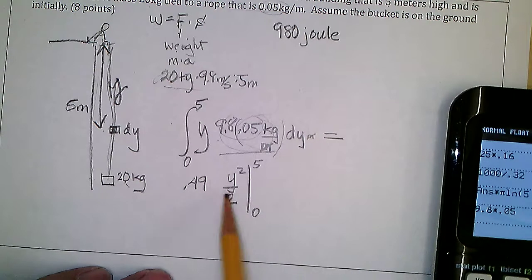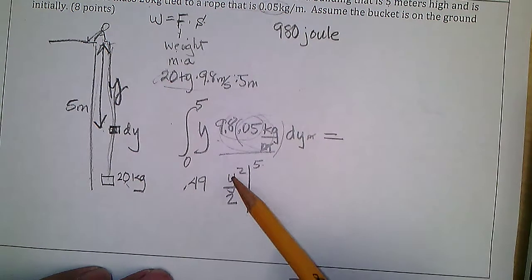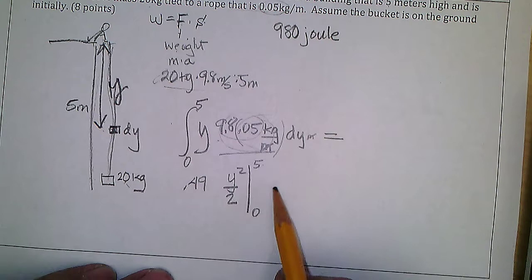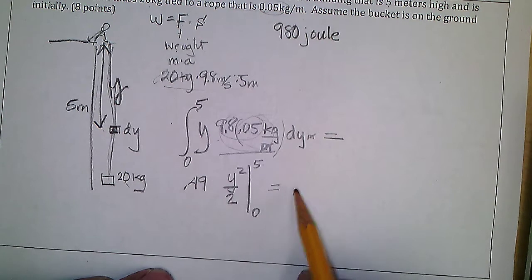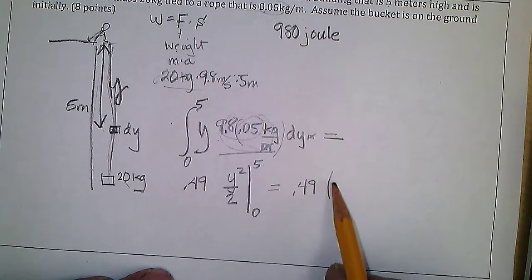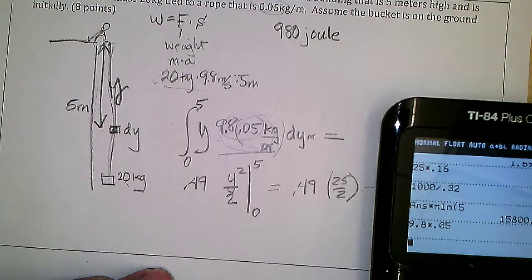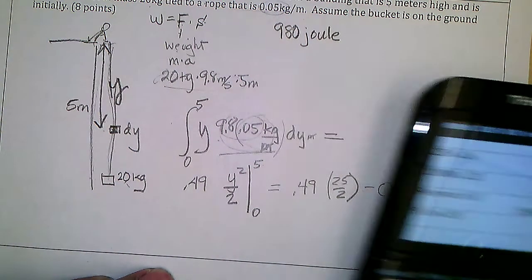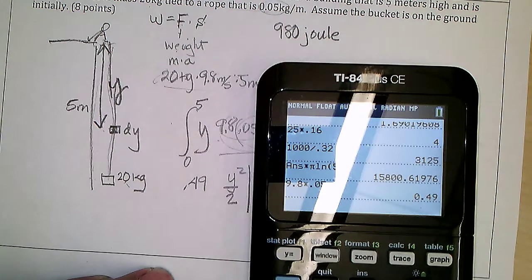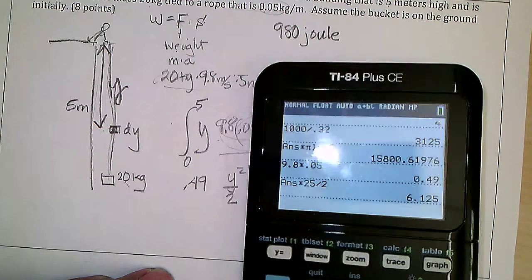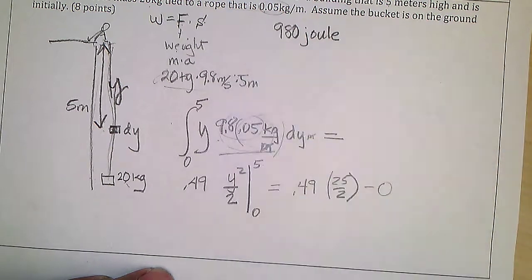And so then we would get 5 in here, 25 over 2, so we're going to have 0.49 times 25 halves minus 0. So we're going to get that times 25 divided by 2. It's going to take 6.125 joules